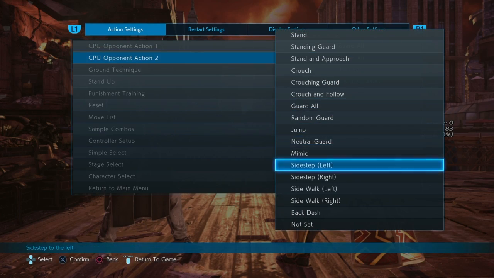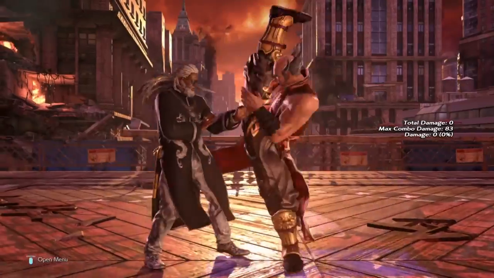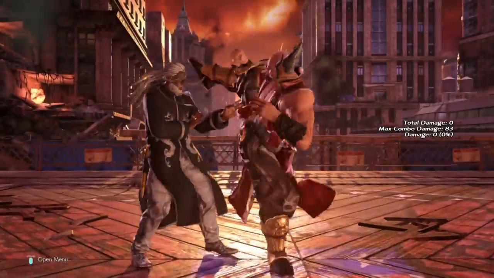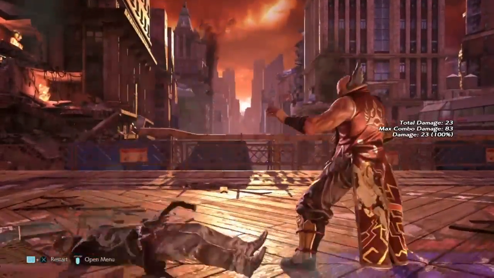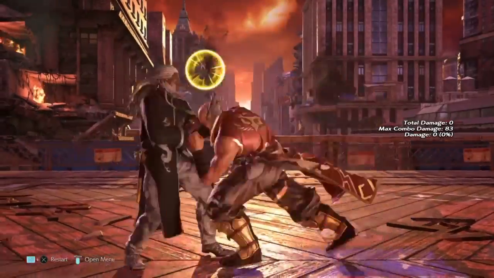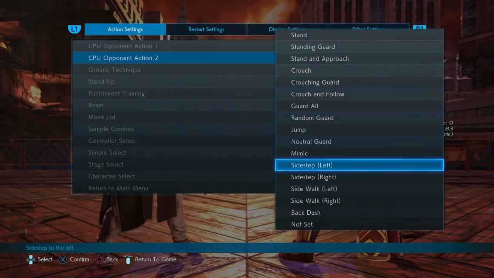Let's say if they sidestep to the left, it's going to catch them. If they try to sidestep right, it's going to catch them, and this electric can be stepped to this side. So if I do this, it is going to catch them either way, so they cannot sidestep this way. Let's say maybe if they try to go to the other side, right,